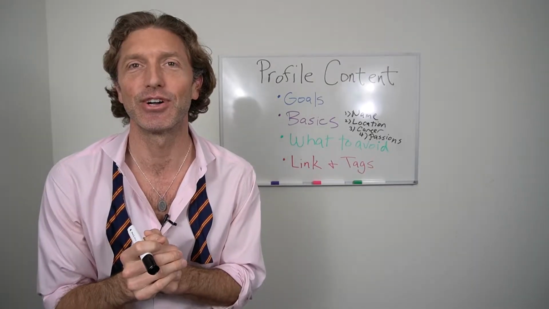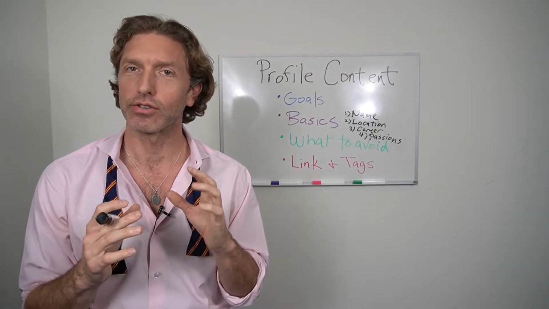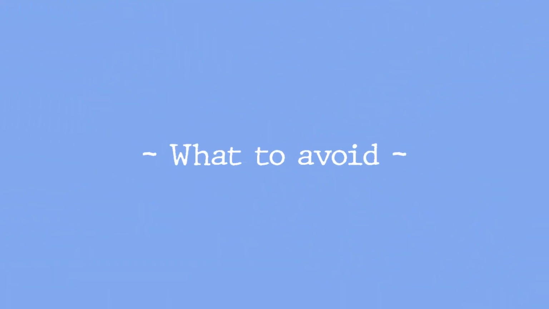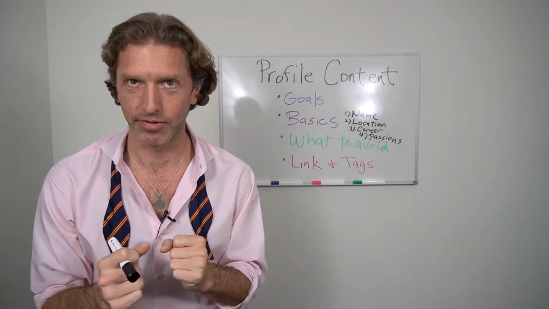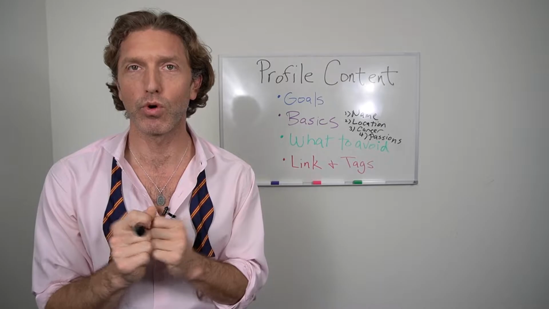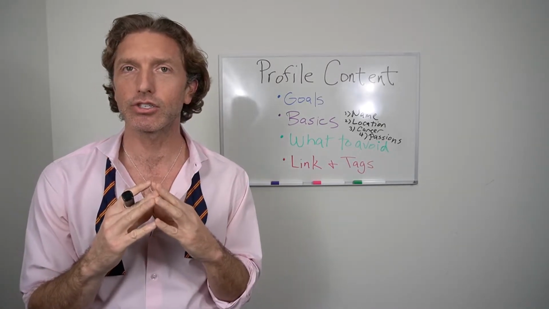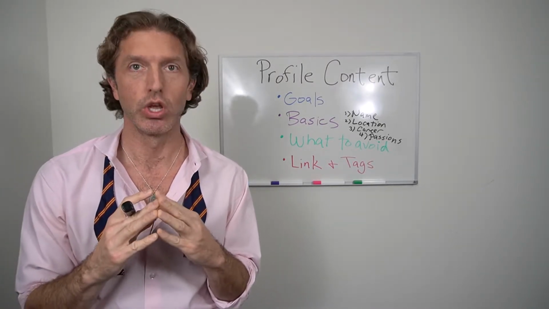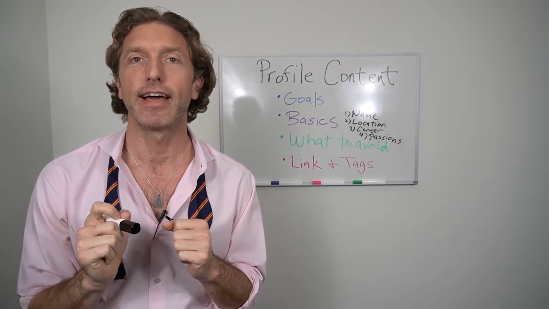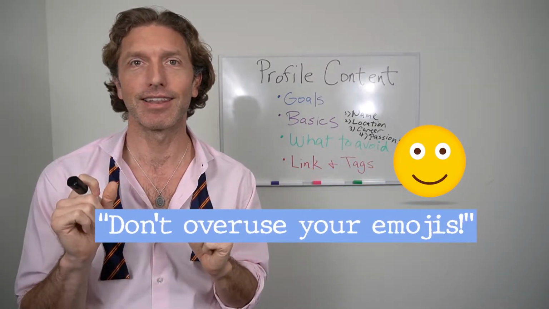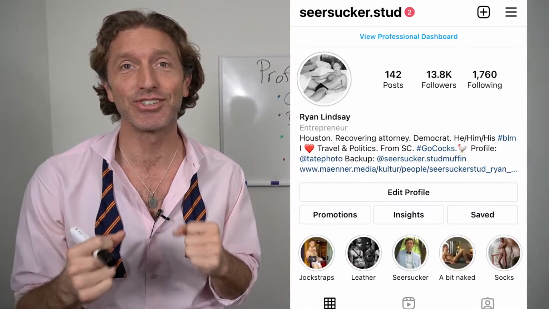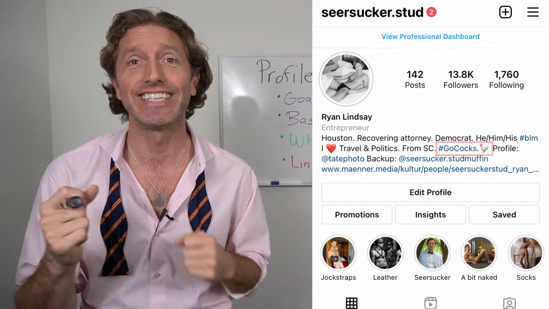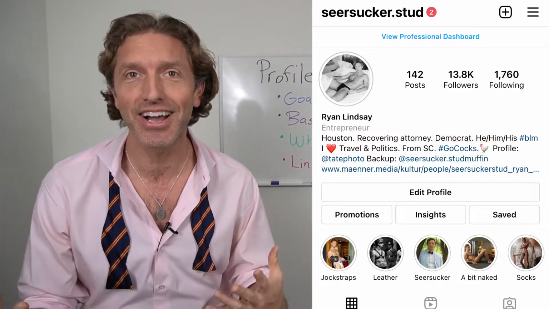Next thing is what to avoid. Now, some of you are going to have a different philosophy on these than me, but I'm just going to say, in my opinion, the best way to handle some of these. So number one, please try and not overuse your emojis. Now, I like an emoji. I love an emoji. I've got an emoji in mine as a chicken. Like, I went to the University of South Carolina, fighting Gamecocks. Go Cocks, I'm a Gamecock, so I have a chicken.